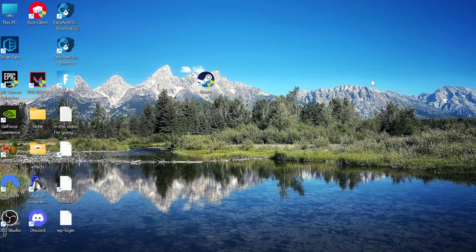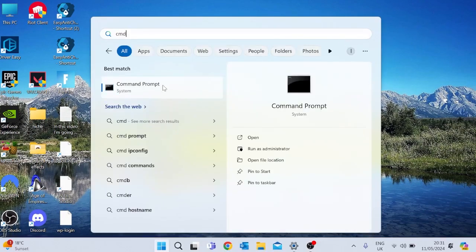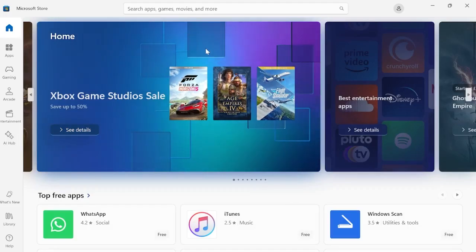So first thing we need to do is come to the start menu and search for CMD, and then right click on the command prompt and make sure to run as administrator. And then inside of this text box you want to type in the following command: wsreset.exe and then hit enter. And then this should bring up the Microsoft Store, but if that doesn't work, the next thing we can do,